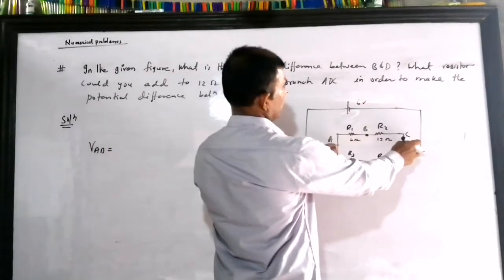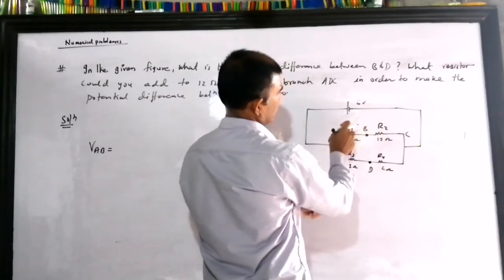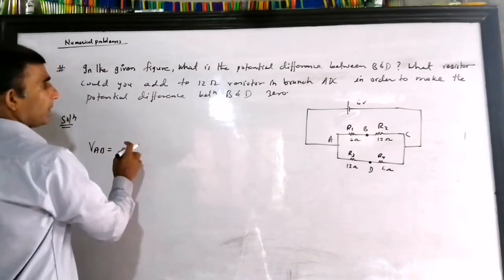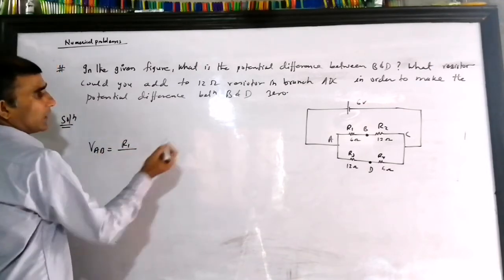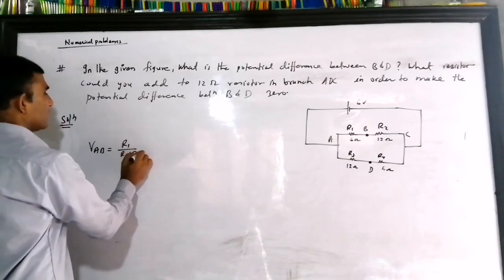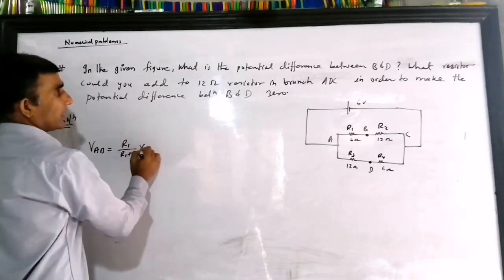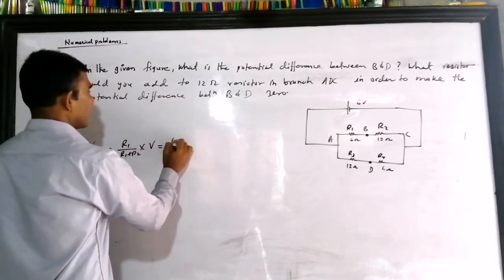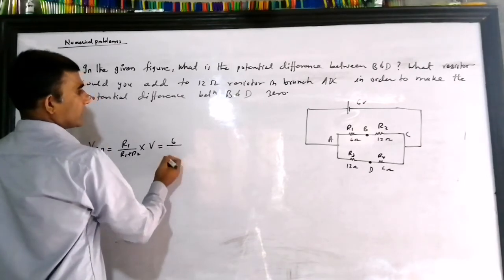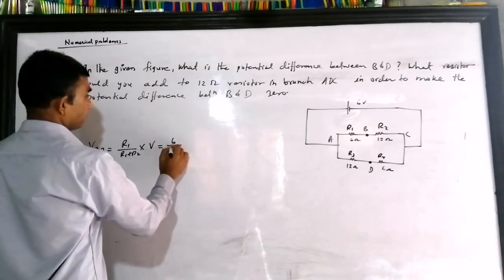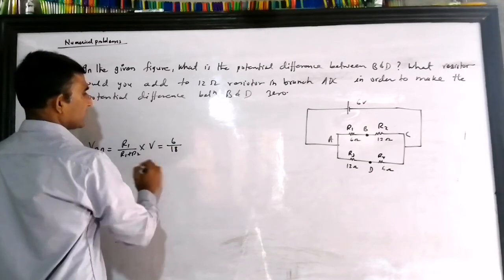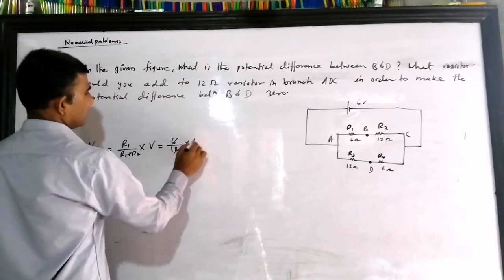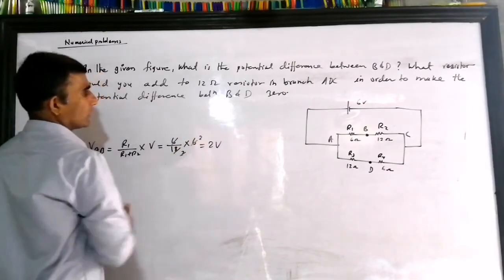See this, 6 volt here to here is 6 volt, and this 6 volt is divided across R1 and R2. This time I am finding the voltage across AB. So VAB is resistance R1 by total resistance in series R1 plus R2, times the total voltage we have given. Let me put those values, you can tell with me: 6 ohm over 6 plus 12. 6 plus 12 is 18, times total voltage 6. So 6 3 and 3 2, and so you got 2 volt.